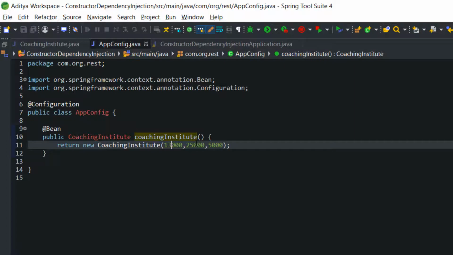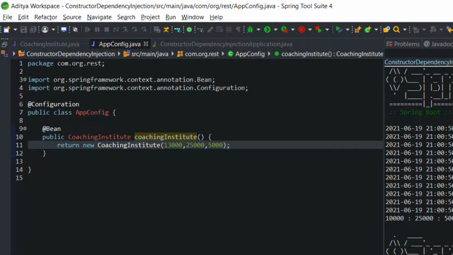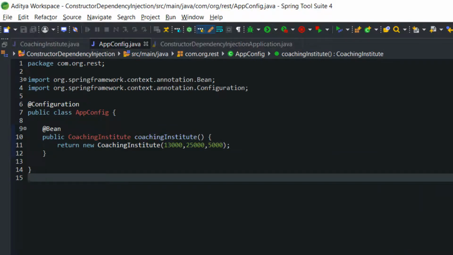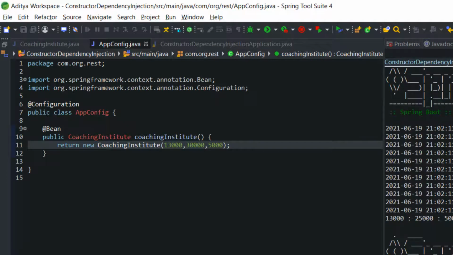Here I am going to change the teachers' salary from 10,000 to 13,000, because the teachers are teaching well. I think it will be better if I increase their salary so that they will stay in the coaching institute for a long time, and due to the good quality of teaching I increased my charges also, so that I will get more benefit. In the end, education is simply a business, right? So due to the good quality of the teaching and fees, more and more students are coming, seeing that this coaching institute teaches well.